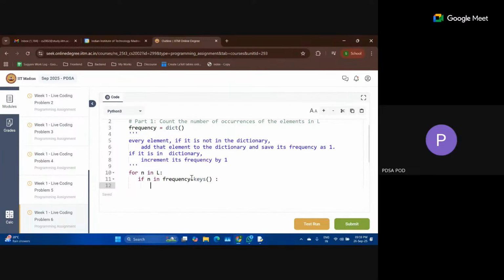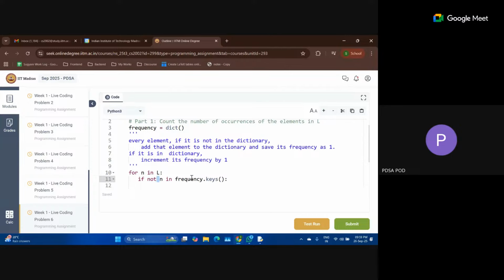Let's go to the not operation first. If n is not in frequency.keys, I can write the not over here, "not in", or I can write the not at the beginning. Python allows both, it's not an error.